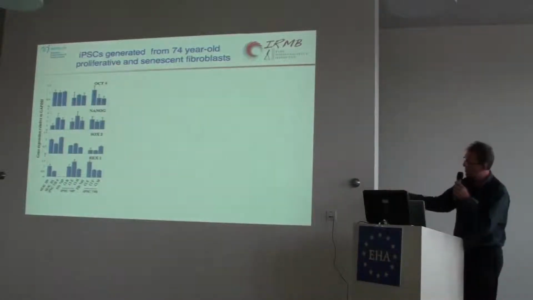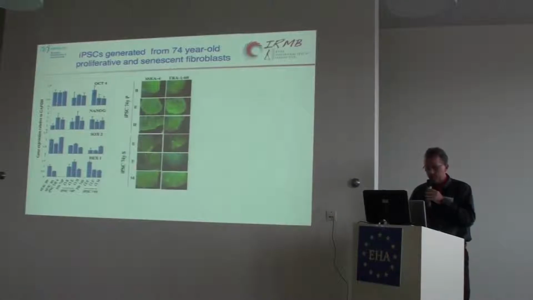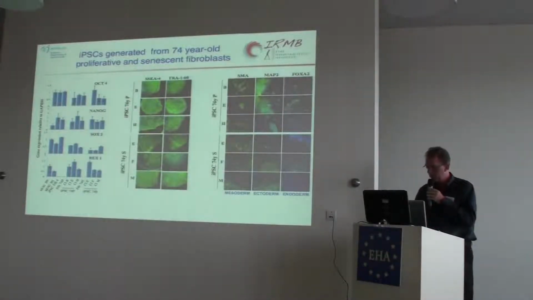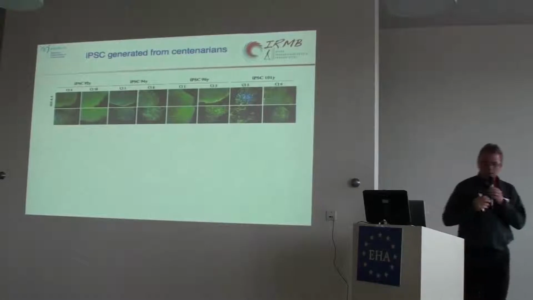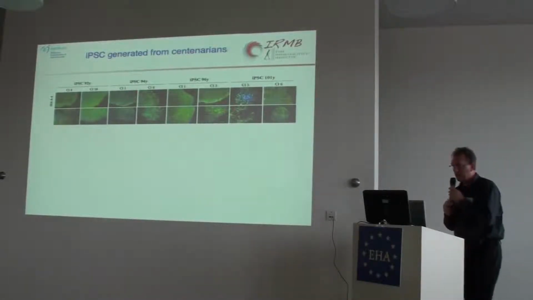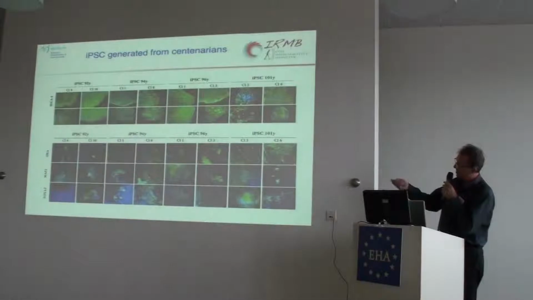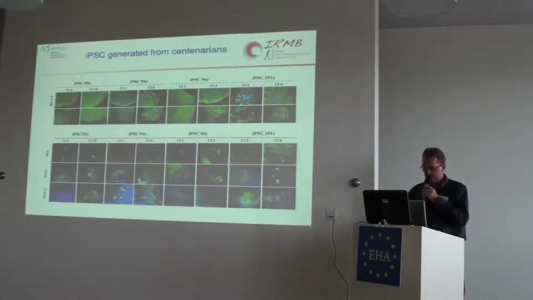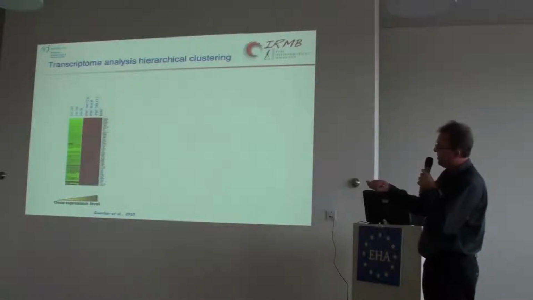So we followed the re-expression of pluripotency genes by qPCR with iPS from senescent or proliferative cells, re-expression of cell surface markers, and the ability to differentiate into all the three germ layers of the embryo with specific markers. And then we tried to reprogram a very old patient, a centenarian, and we observed a similar efficiency to that for senescent cells. With this patient, they re-express cell surface markers and also differentiate into any of the three germ layers of the body. Then we selected here 3 different iPS clones from 74 proliferative, senescent, and 96 years old,